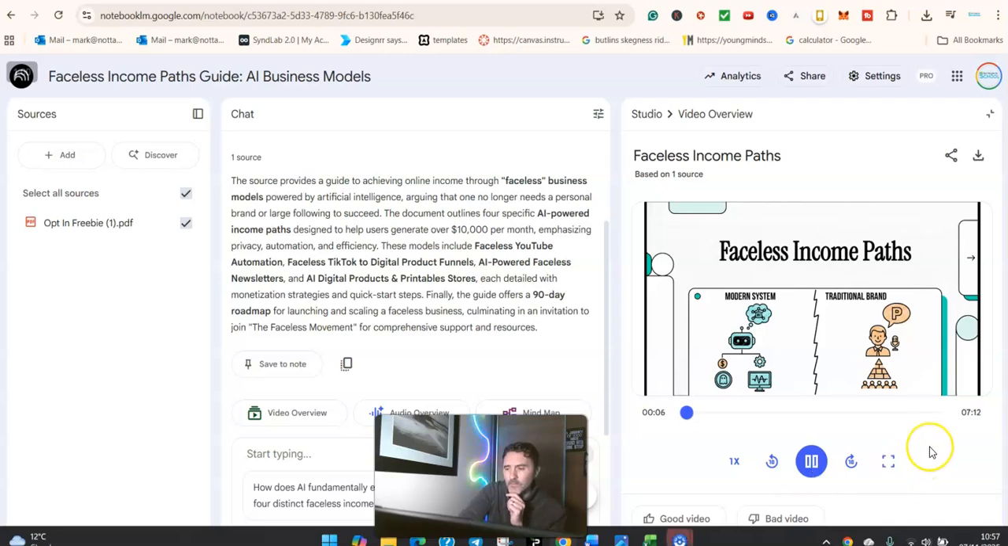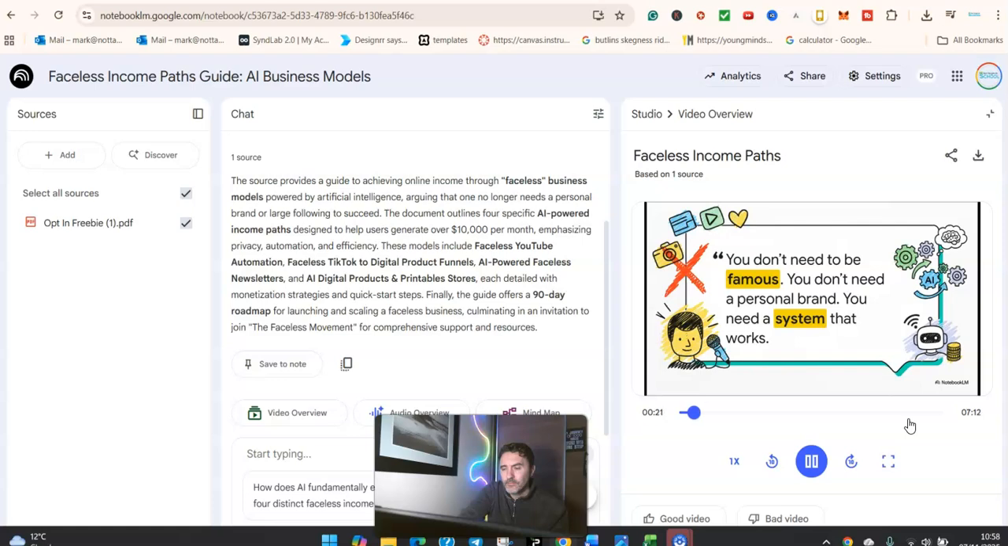Completely flips the script on what it means to build a business online. It's all about creating profitable, AI-driven digital assets. And the kicker is, you can do it without ever showing your face or becoming some big public personality. Let's get into it. And boom, right there, that's the whole idea. You know that old advice, chase followers, build a personal brand for years, and then maybe you'll make